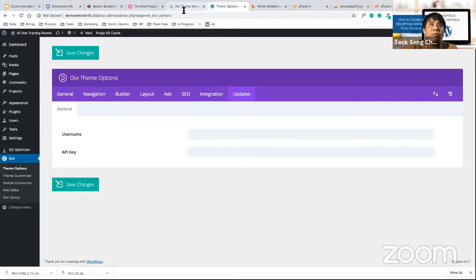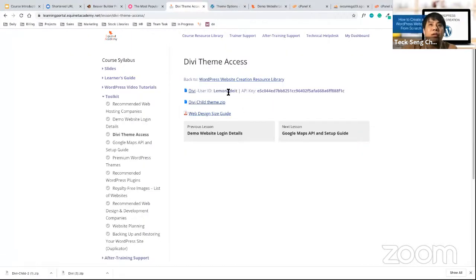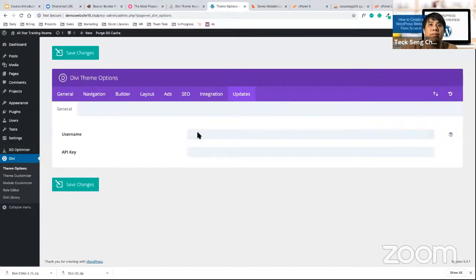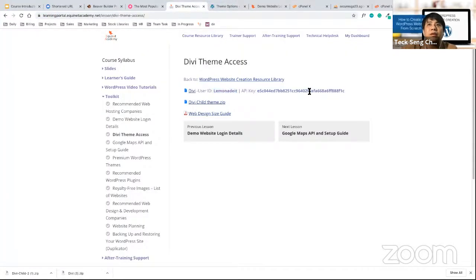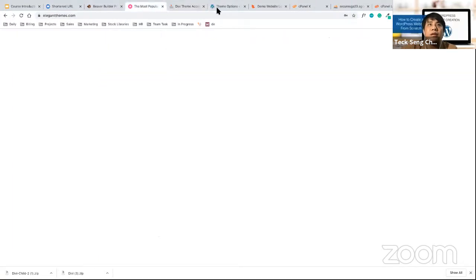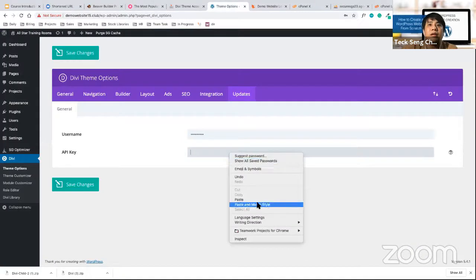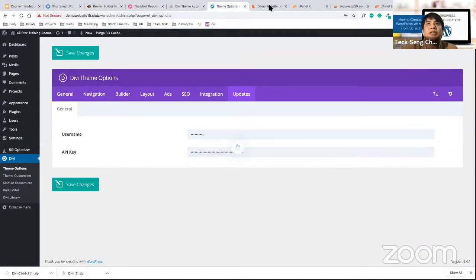If you go back to your learning portal, you will have the username and API key. So copy the username, use copy and paste. Then copy your API key. And that's it. Click on save changes. Again, if you are done with it, just give me a thumbs up.